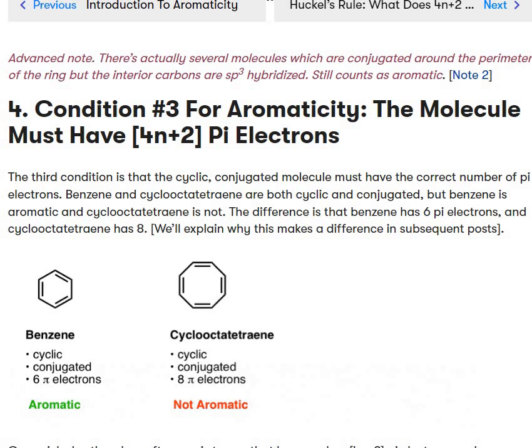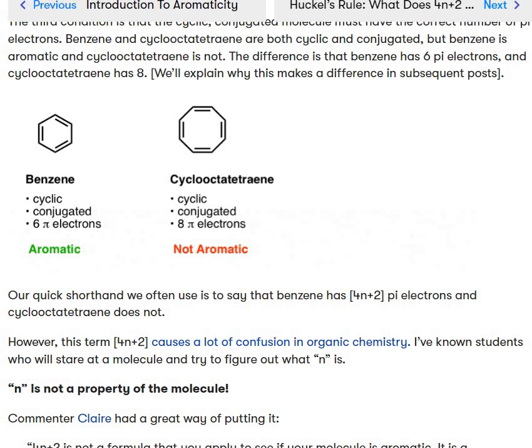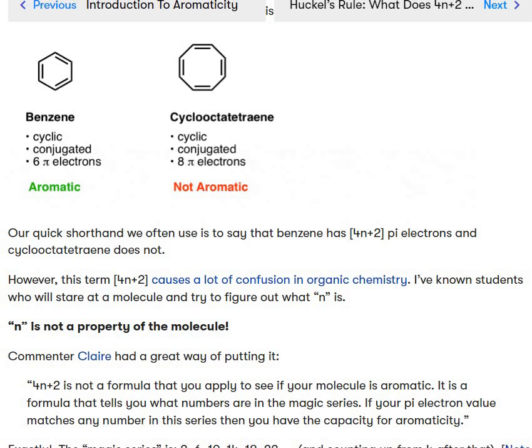Benzene and cyclooctatetraene are both cyclic and conjugated, but benzene is aromatic and cyclooctatetraene is not. The difference is that benzene has 6 pi electrons and cyclooctatetraene has 8 electrons. We will explain why this makes a difference in a subsequent post. So this is aromatic, cyclic conjugated with 6 pi electrons; cyclic conjugated with 8 pi electrons. Our quick shorthand is to say that benzene has 4n plus 2 pi electrons and cyclooctatetraene does